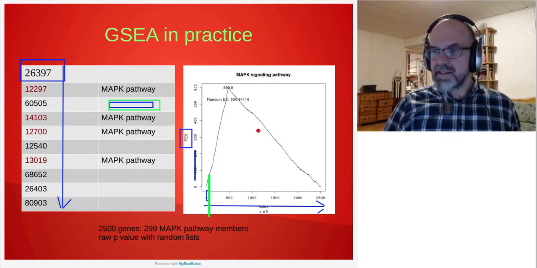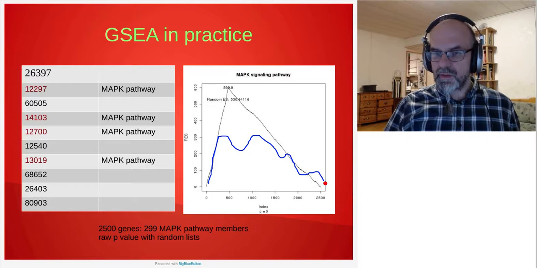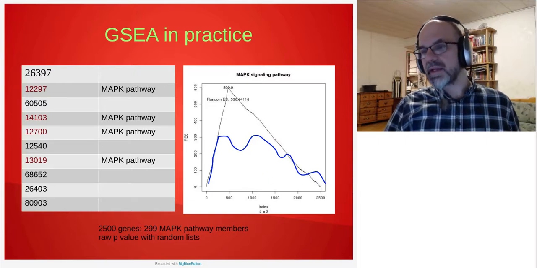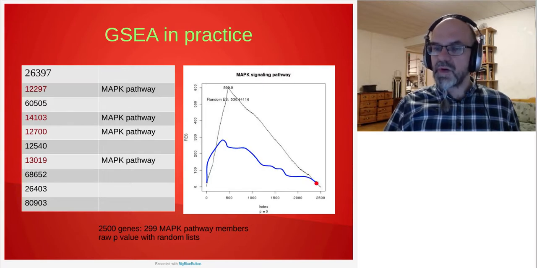This is the actual calculation method, and at the end of the day, you get some kind of shape here, and what you want to calculate is the maximum of the enrichment score, where it was furthest away